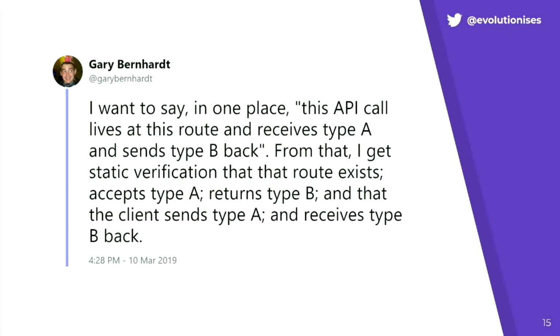Someone who was reading my slides over my shoulder was like, it's not a talk without a Gary Bernhardt tweet, and they were right. Gary Bernhardt is a computer scientist. He's a super smart guy. Essentially, what he's saying here is, why can I not have this kind of verification that these two things that have this dependency relationship actually can talk to each other? And I do find with the BFFs approach, it's quite easy to do that.